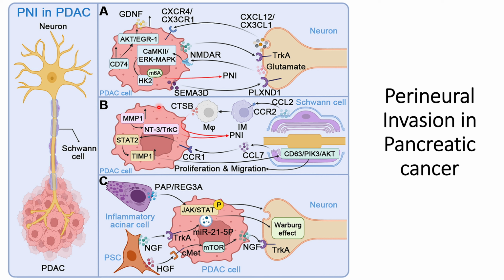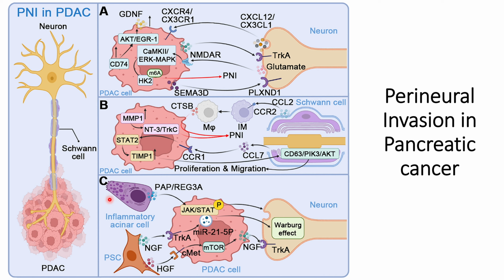Another factor is the high production of MMP1 within the pancreatic cells, which causes upregulation of the TRKC pathways, and this upregulation also helps in perineural invasion. These are some of the pathways or interactions between SIS1 cells and the pancreatic cells that help in perineural invasion. Now, in the third part, we will understand how the pancreatic stellate cells